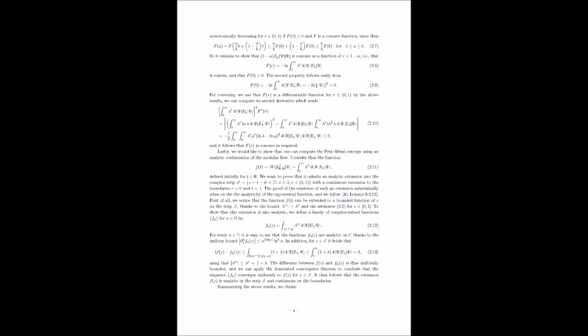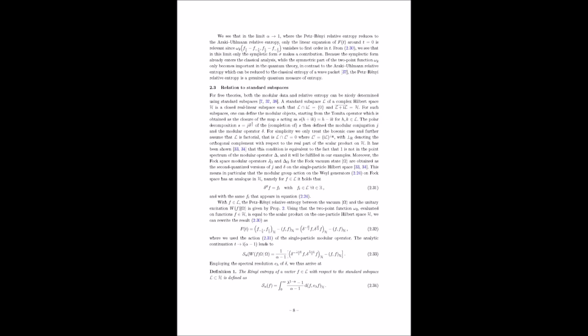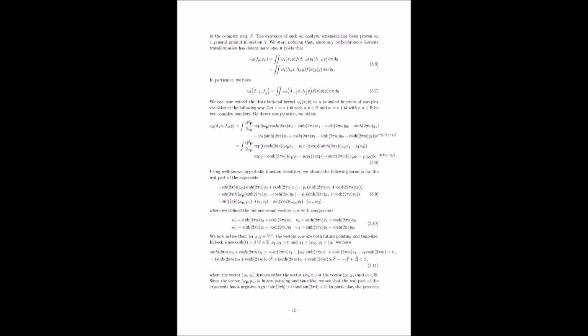Precisely. Now, the paper also mentions the possibility of extending this analysis to fermionic quantum field theories. Fermionic QFTs describe particles like electrons and quarks, which follow different rules than bosons. What new insights might we gain by applying the Petz-Rényi relative entropy to these types of systems? Extending the analysis to fermionic QFTs could reveal a whole new layer of complexity in the quantum behavior of matter. We might gain a deeper understanding of entanglement in systems of electrons or quarks, which could have implications for fields like superconductivity and the behavior of matter under extreme conditions. That's incredibly exciting. It's like we're opening up a new frontier in our exploration of the quantum world.